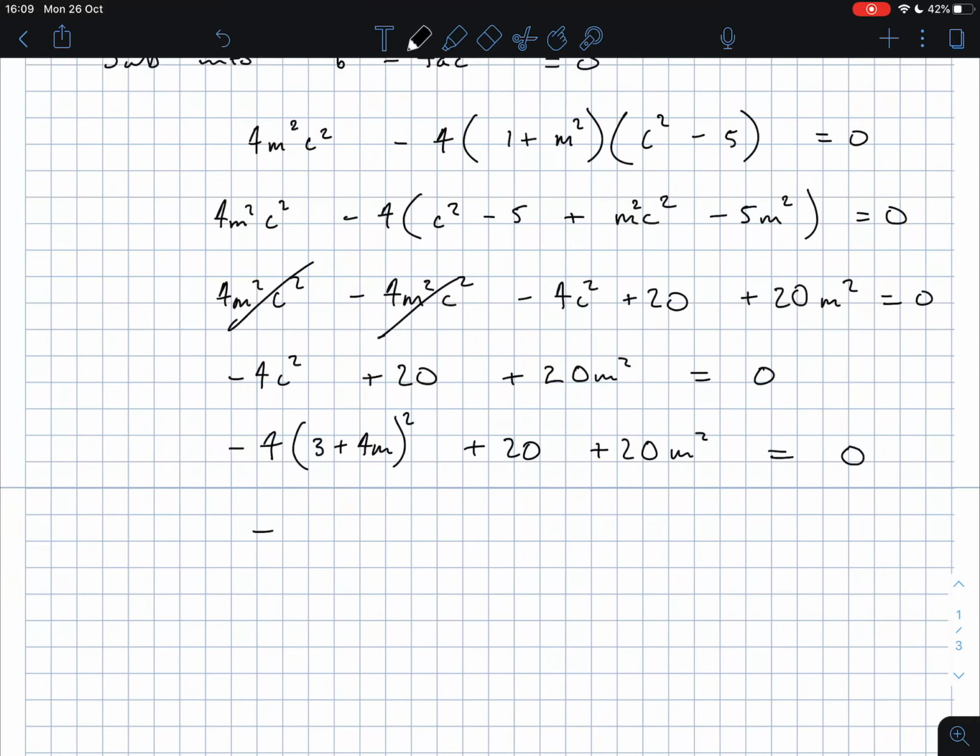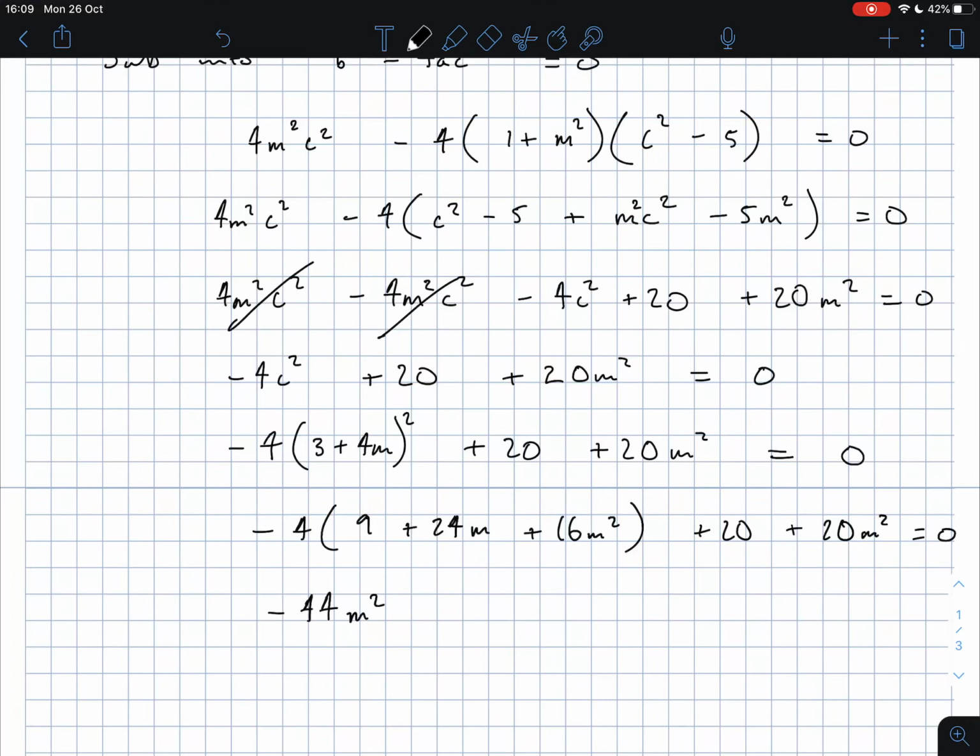So if we do a little bit of work here, we're going to have minus 4, and then 9, 24 lots of m, plus 16m squared, plus 20, plus 20m squared is equal to 0. And if we tidy that up, we should get